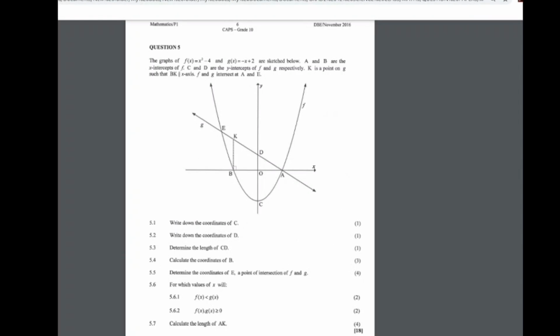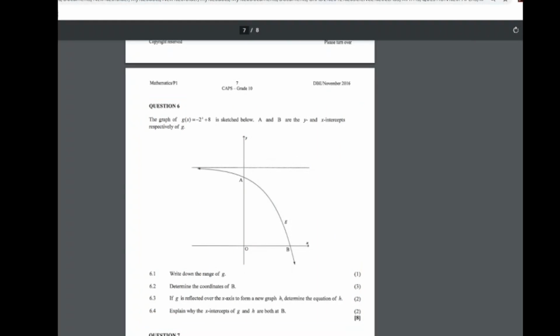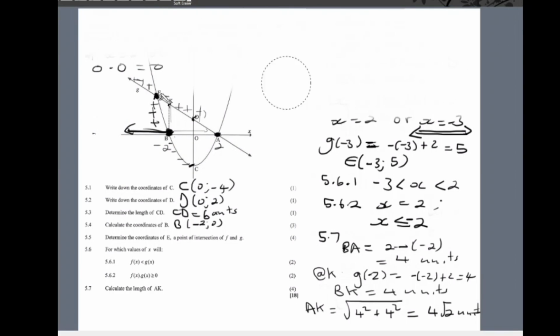It's 4 root 2 units. And then we are done with question 5. Moving on to question 6. So if we go to question 6, okay, let us create space for question 6 here. Right,